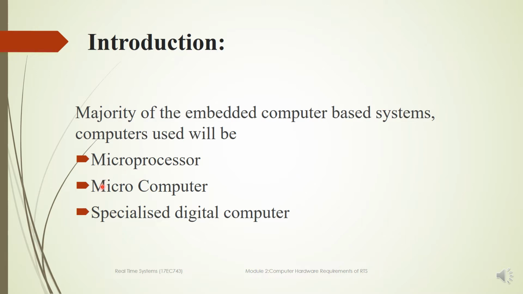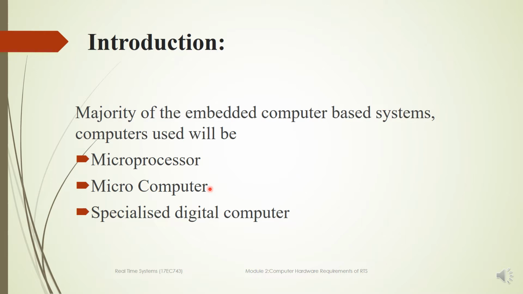So then what is the difference between microcomputer and microprocessor? Basically, a microcomputer is a small, relatively inexpensive computer. It is the one which uses a microprocessor as a central processor. For example, if you see smartphones that have a central microprocessor, this can be an example of a microcomputer.